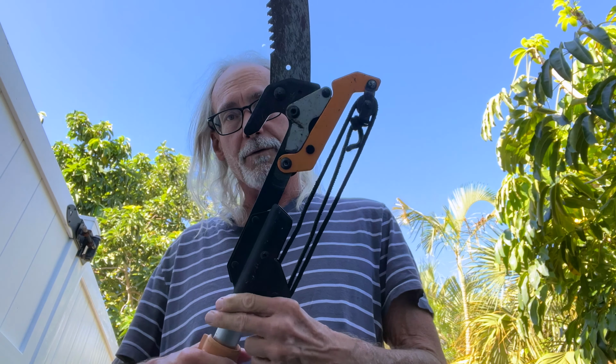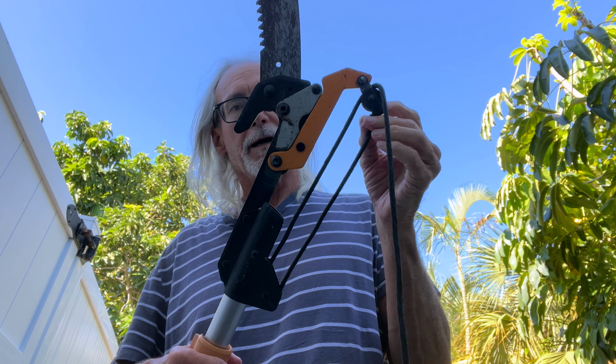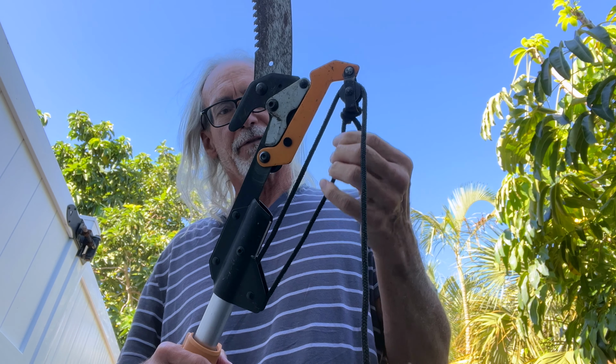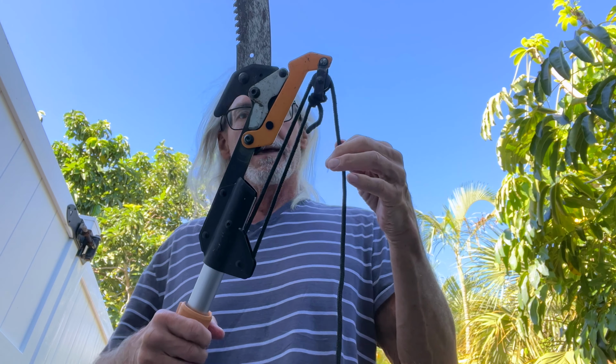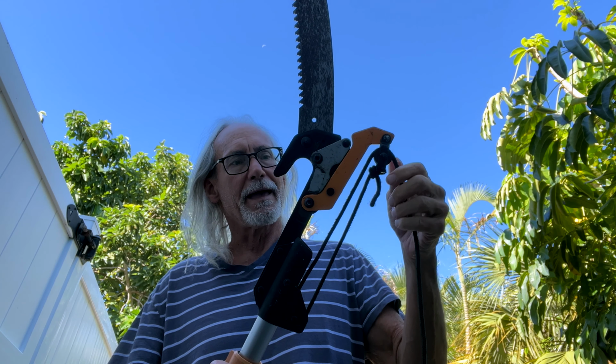All right, I want to show you how this Fiskars tree trimmer works. First of all, on this end, you've got to tie this little knot in there. I've got like a half hitch in it. Then it runs around this pulley down here, comes back up, and goes around this pulley. And that gives you the leverage so that when you pull on it, what happens is you see